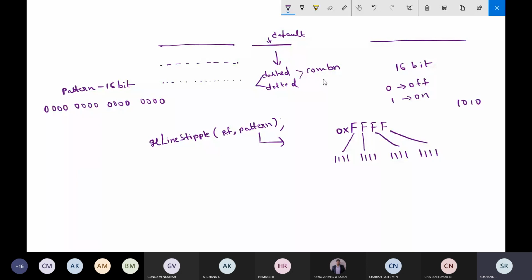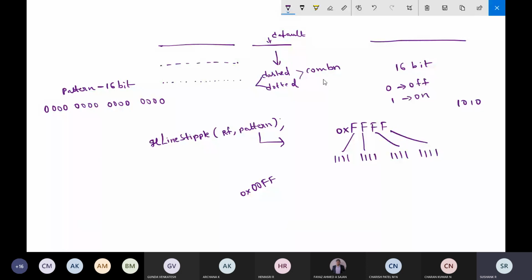But if you want to make the lines dotted, you have to change the values. So for example, the default is 0xFFFF. If I write it as 0x00FF, what output will you get?